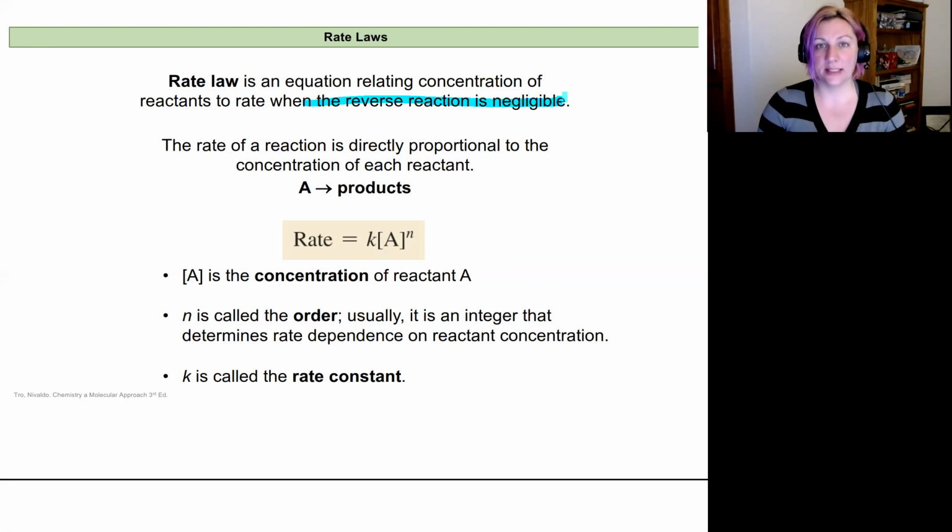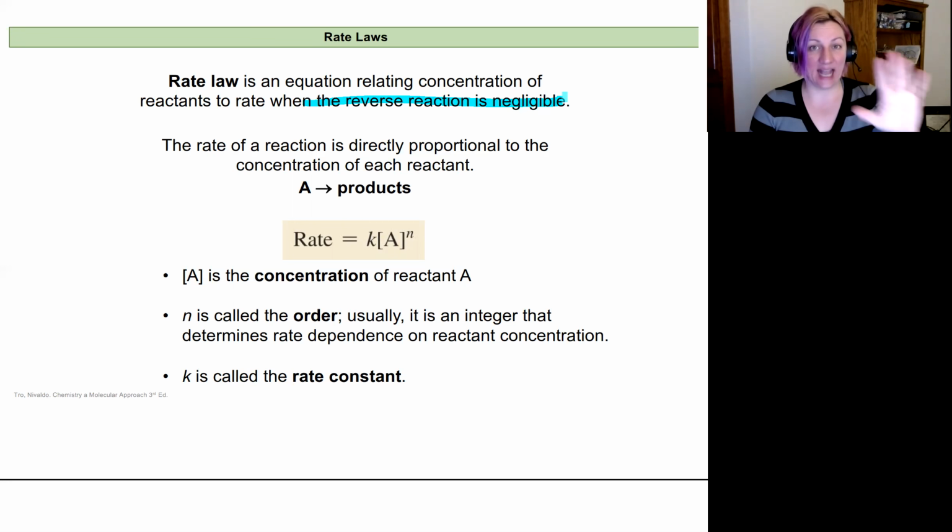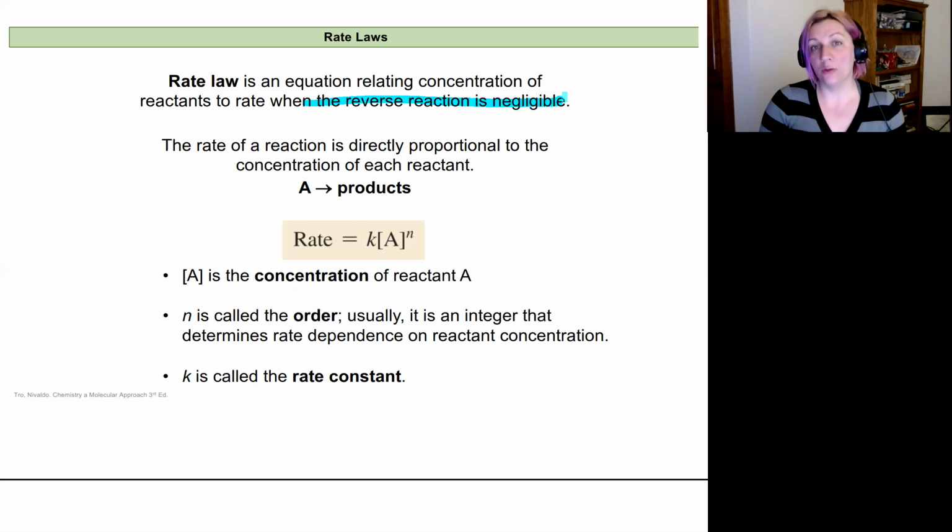So to build up this idea of a rate law, let's just start with the simpler version where our reactants become products. And the rate law is going to say that this change in concentration is going to relate to this rate. So the rate of a reaction is going to be, as we said, directly proportional to the concentration of each of our reactants. And so if we have a reaction where it's just reactant A forms products, it doesn't react with anything other than itself, we can write that rate law as the rate of the reaction. So that rate is the overall rate of the reaction